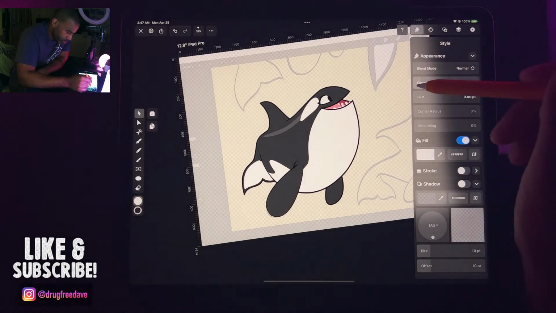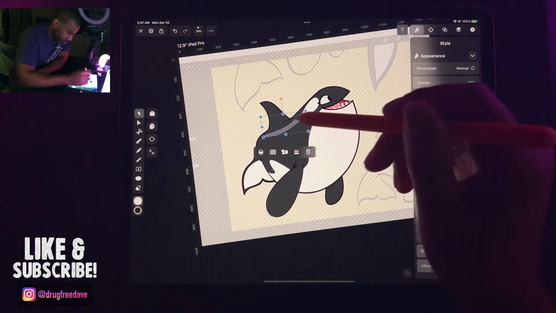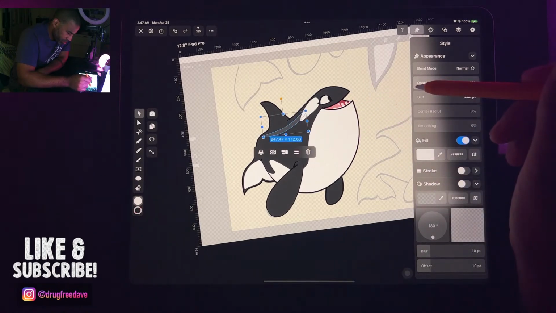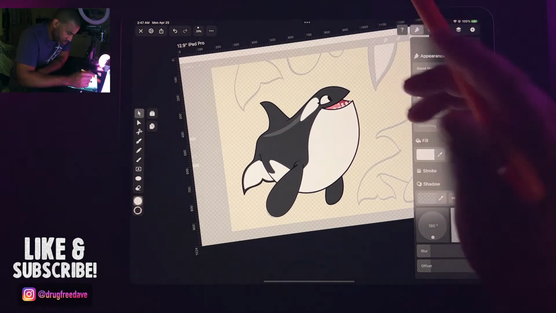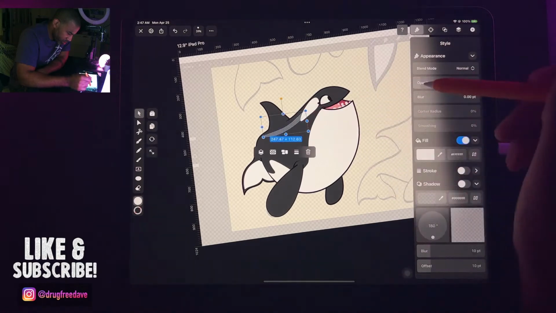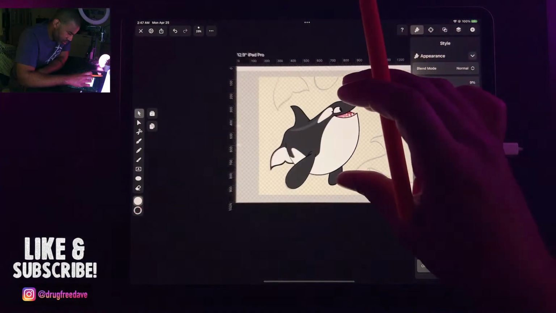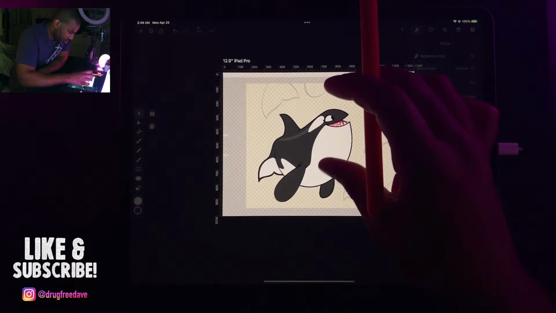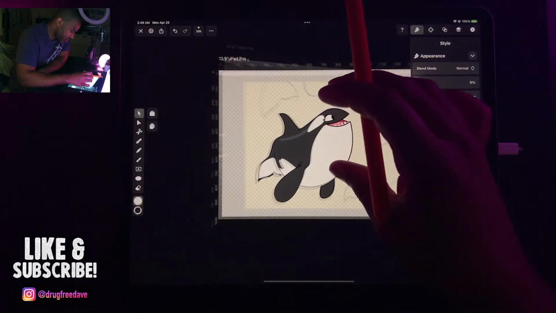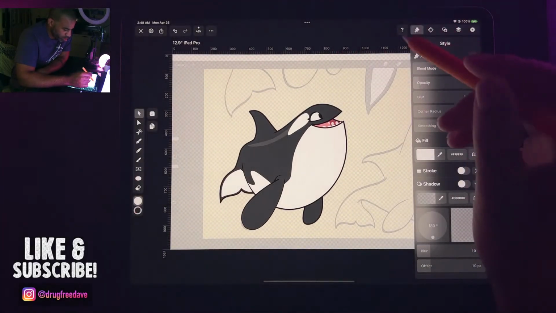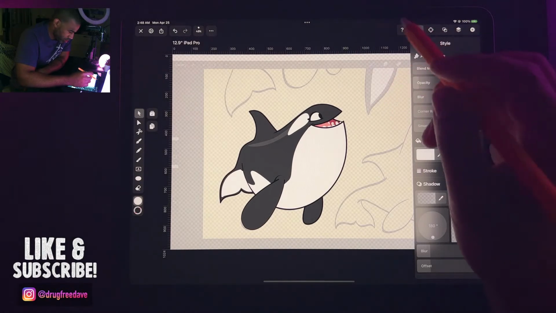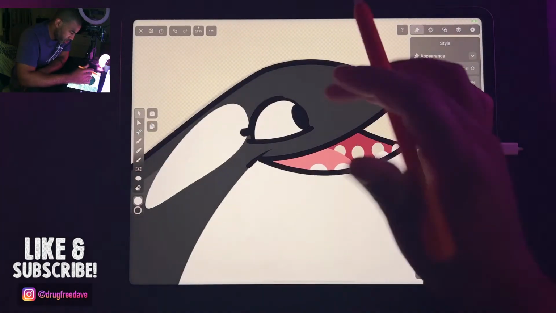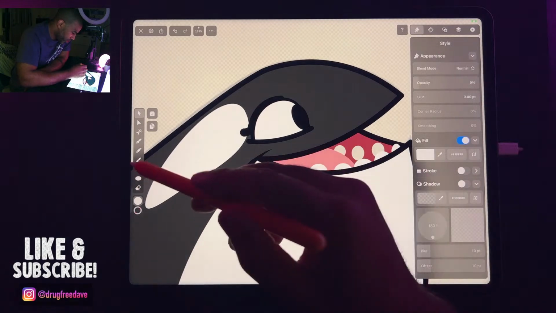Change the opacity a little bit less. Okay. And let's add, just for fun, let's add a little tiny